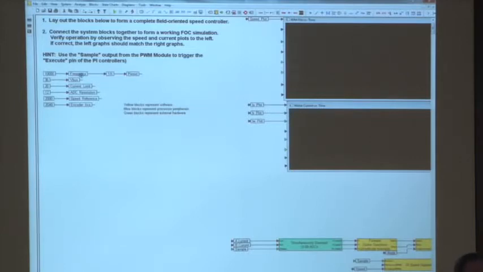I have a bunch of global variables defined up in the top left-hand corner of the simulation page. You can see where I've already taken the liberty of defining the PWM frequency, PWM period, the bus voltage. My current limit I've set to 20 amps, A to D resolution. There's also something there called speed reference, which you can see I'm setting to 2,000 RPM. So just click and drag over that speed reference variable, Control-C and Control-V,